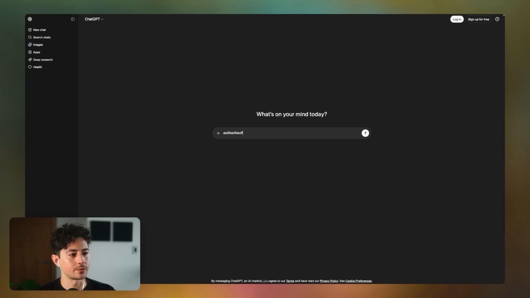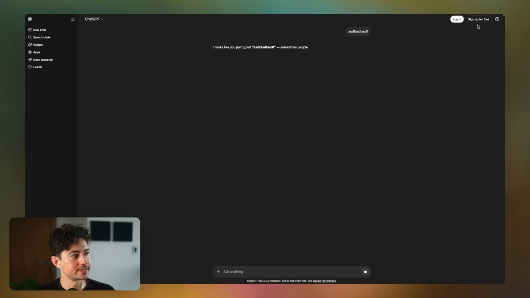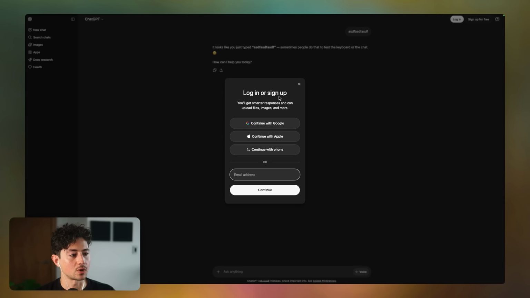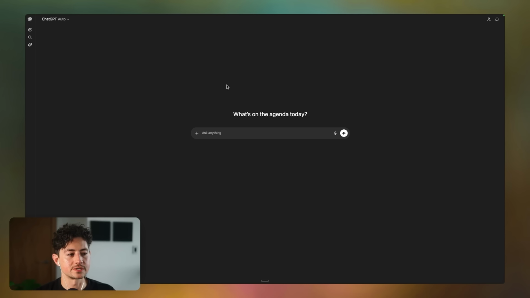And if you choose to chat with the model and then come back at any point in time, just head to the top right-hand corner for that modal again. So I'm going to pretend that I haven't made an account before, and I'll continue with Google. After some brief onboarding instructions, you'll have access to a page like this. But this is just ChatGPT, which is more akin to a chatbot than anything else. We want to take this to the AI agent world, and so in order to do that, we need to use their dedicated AI agentic coding platform, Codex.